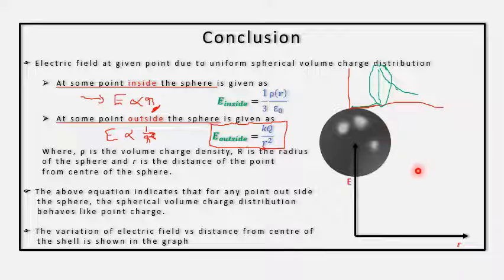Now see what happens as we go away from center. We are going away from center and electric field is increasing steadily according to this equation, E proportional to r. And what will happen as we go away now? We are at r equal to R, distance from center equal to the radius of the sphere, and now as I go away from the sphere, electric field is reduced as 1 by r square. So this is the similarity between shell and sphere, but inside electric field is 0 for shell, which is not the case for sphere. That is the difference. So that was the topic, and with that we conclude the topic and chapter both. Thank you.